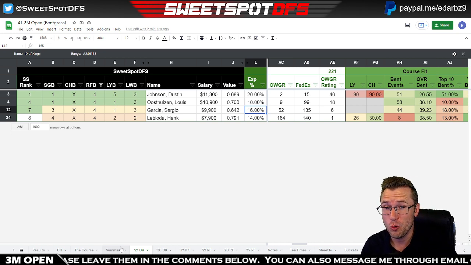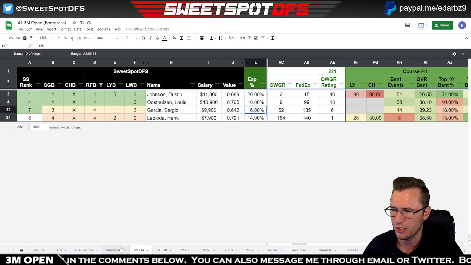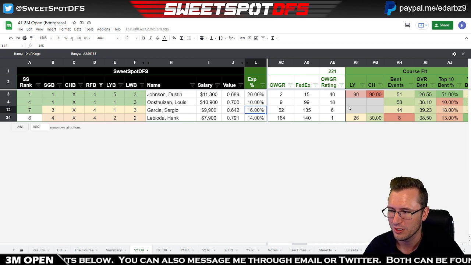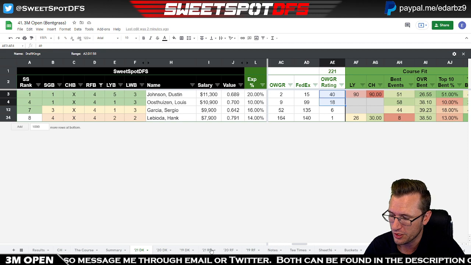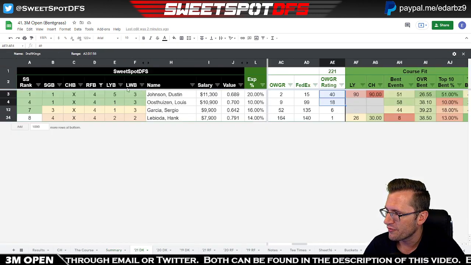Now, if you are concerned that either DJ or Oosthuizen will withdraw from this tournament, there you go. You got Sergio and Lebioda. I don't know how well that really plays into account, because when we look at strength of field, these 2 guys here make up almost 90% of the strength of field for this bucket. So yeah, play it with caution. Our recent form 2s,